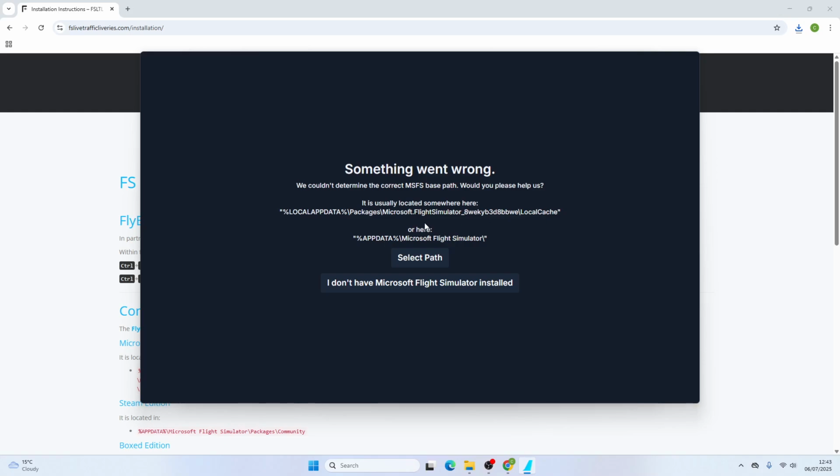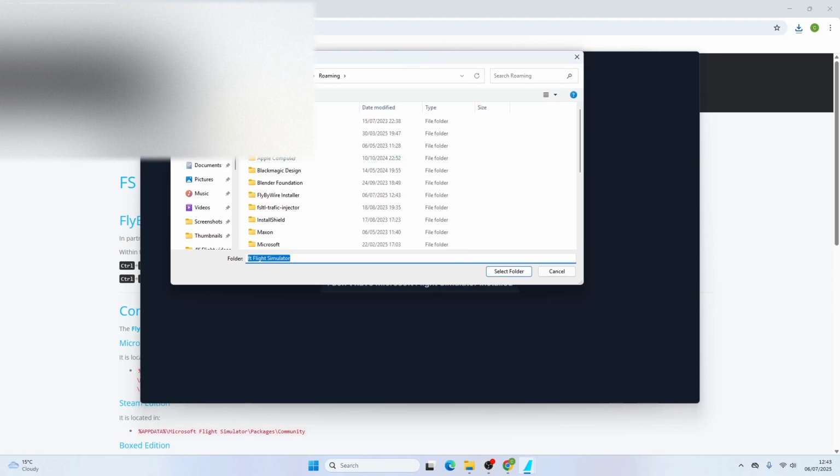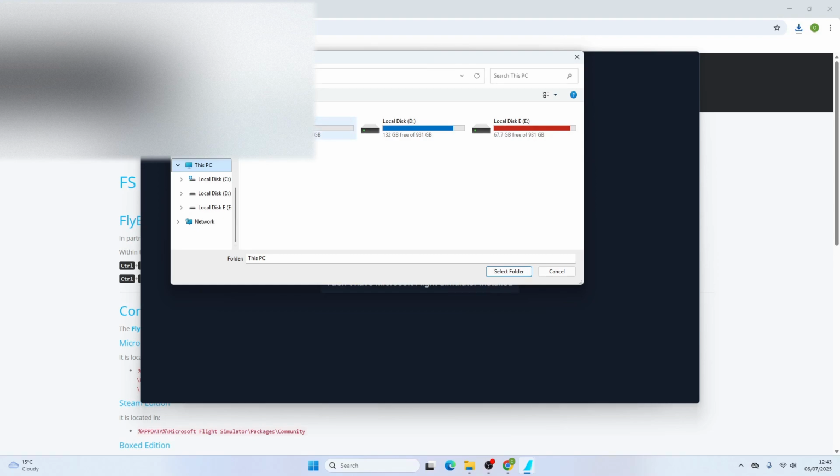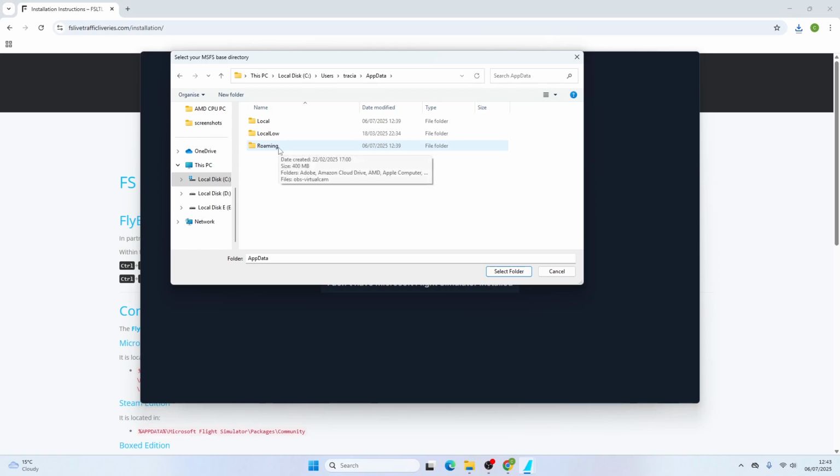folder. If you've owned Microsoft Flight Simulator 2020, then your path will be in a slightly different place, which I'll show you now. I've also already done a video that shows you how to find this. Essentially, you need to go to This PC, Local Disk C, Users, whatever user you have, AppData. Then we need to go to